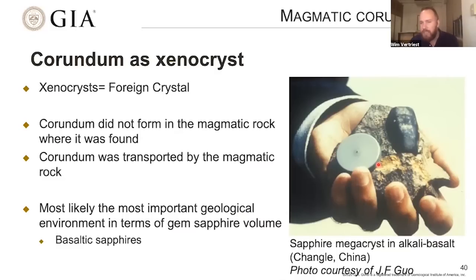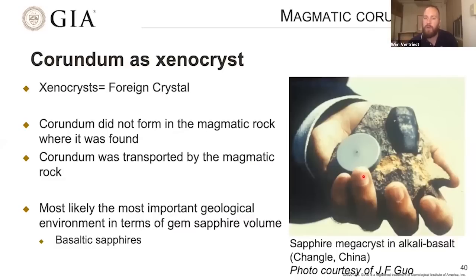I think it is fairly safe to say that this is actually the most important geological environment for corundum in terms of gem sapphire volume. So a lot of sapphires are found in this kind of environment, and they're often referred to as the basaltic sapphire, as what we can see on the right here. This is a very old photo from an alkali basalt deposit in China, where you can see that this man is holding a piece of basalt with a xenocryst, here described as a megacryst because it is so big, of